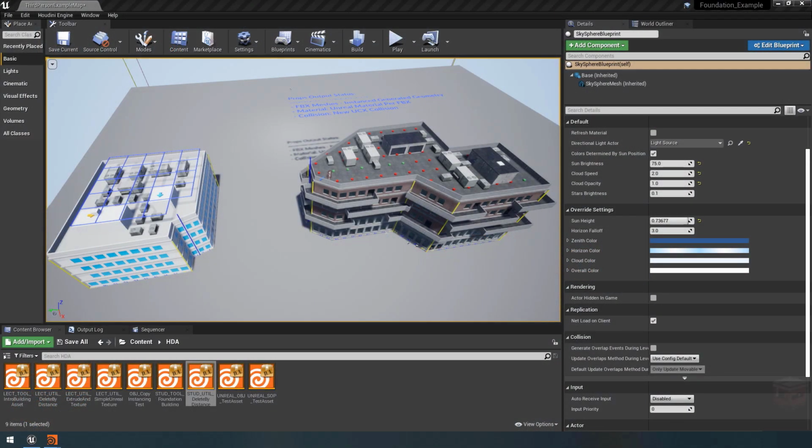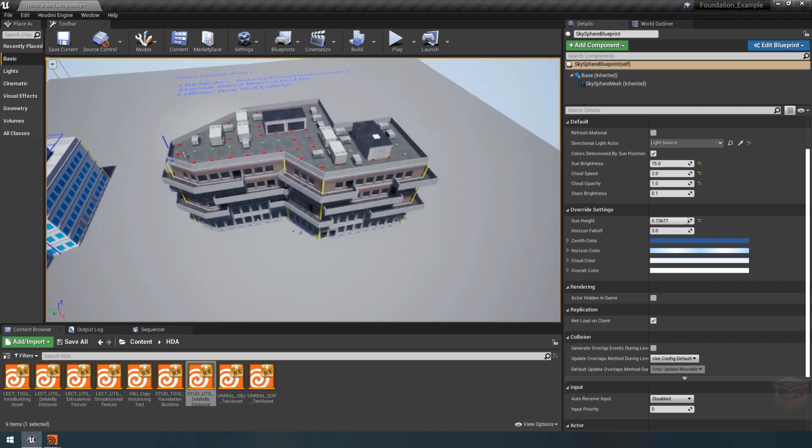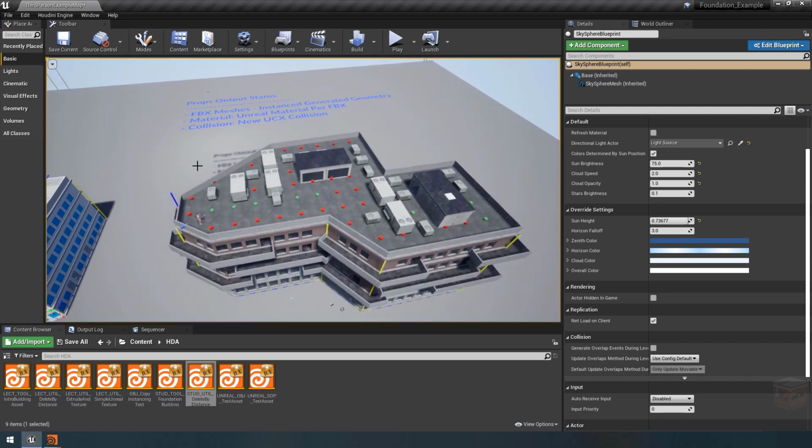Hello everyone, and welcome back to this next video in the Houdini Academy Foundation module. In this video, we are going to wrap up our current chapter on instancing and FBX mesh generation, and we'll be looking into how to create the visualizer for these systems. So right now we have these new visualizers here on our building, and we are going to work on those,